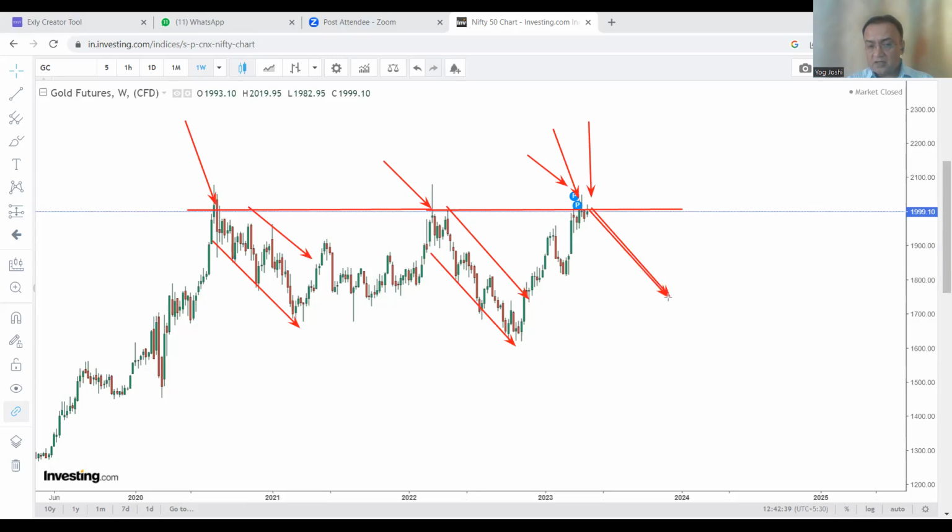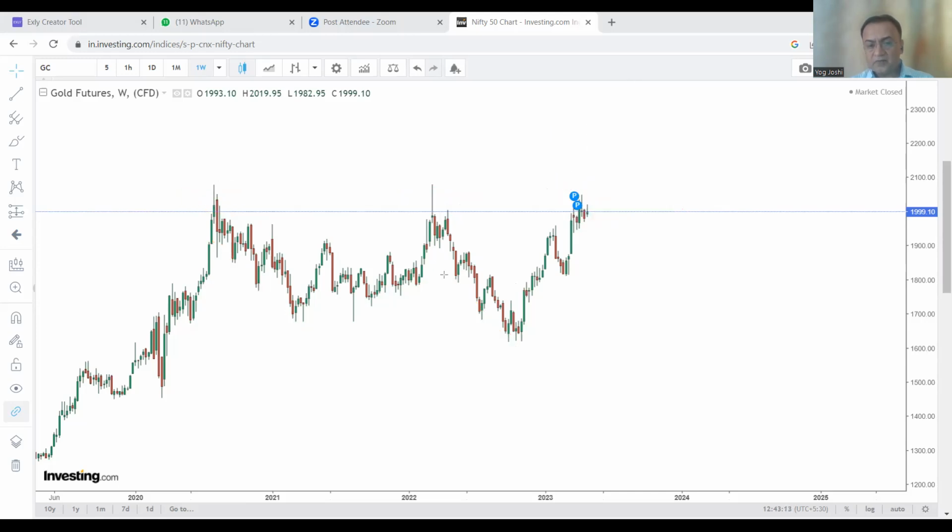So this is the technical analysis. This is not a sure-shot statement that gold is going to go down. But whenever gold came to this level, it was struggling to cross this resistance. First time, second time, and with reference to the first and second time, the same history might be repeated here. This is a chance, a probability.